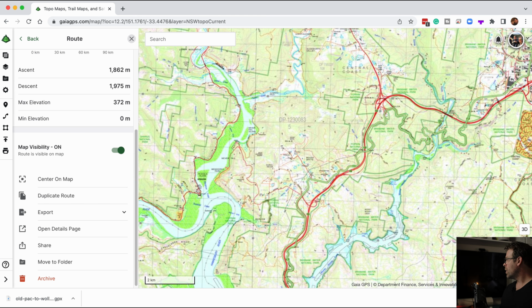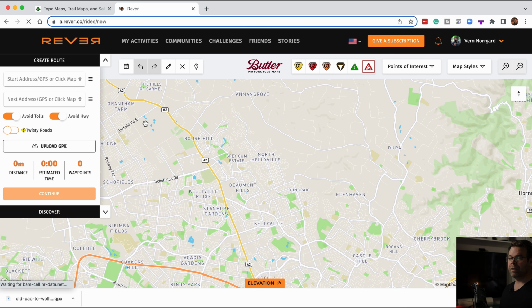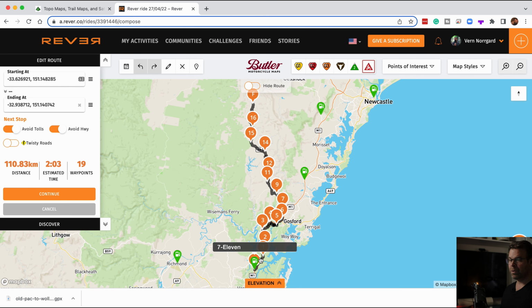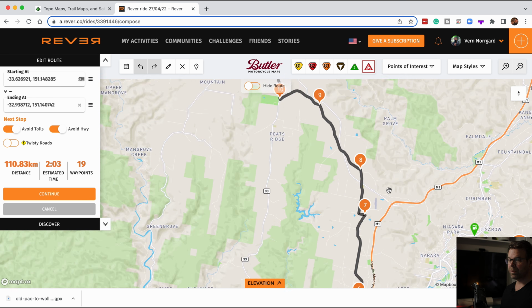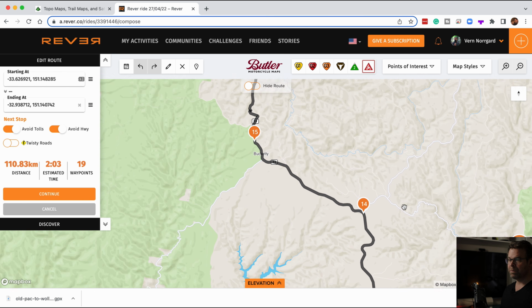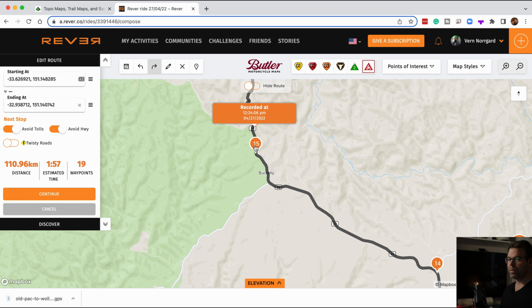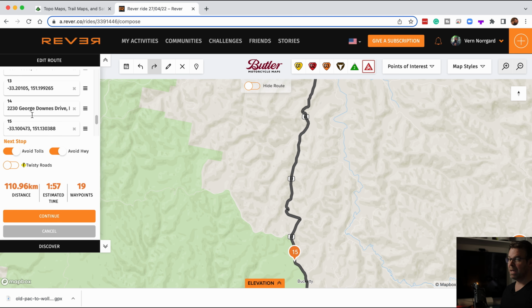So let's bring over REVER. If we go into REVER and go upload on our file, drop that in there, and there we have it. It's actually converted that file and read it, but it's created a whole bunch of different things. It's created its own waypoints for some reason. Let's have a look in here. Yeah, okay, so it's created waypoints at